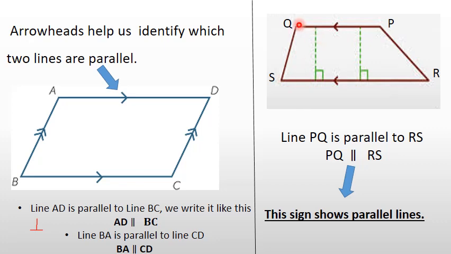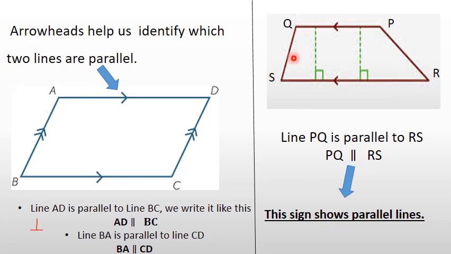I have point P and point Q, so this is the PQ line and this is the RS line. So I know that RS is parallel to PQ. You can see that these two lines would never meet and the distance between them always remains the same. So that means these two lines are parallel. So how would I show PQ is parallel to RS? I'll make this sign. This sign shows that the lines are parallel.